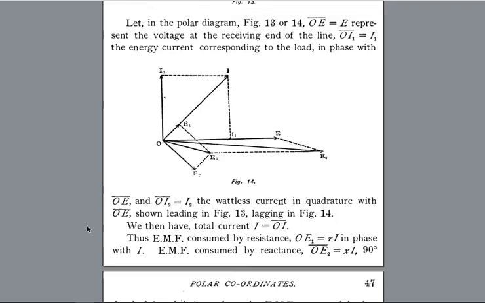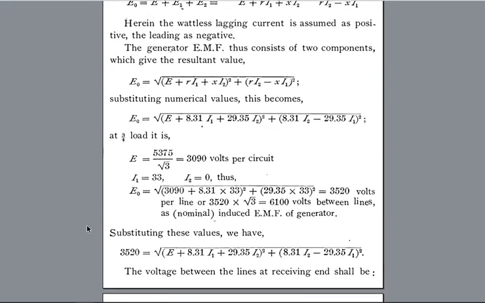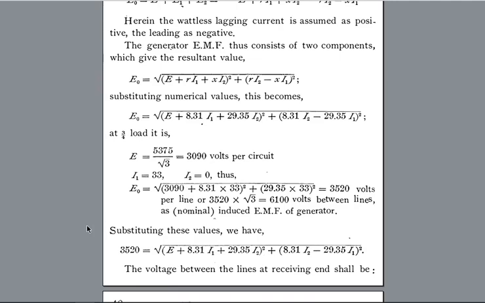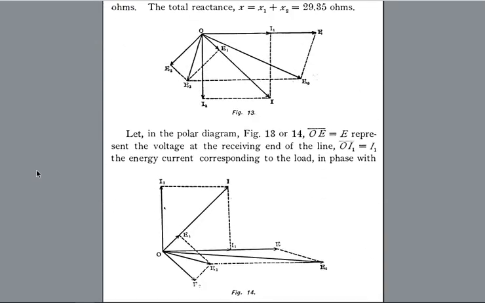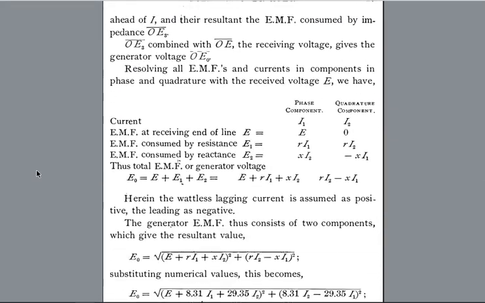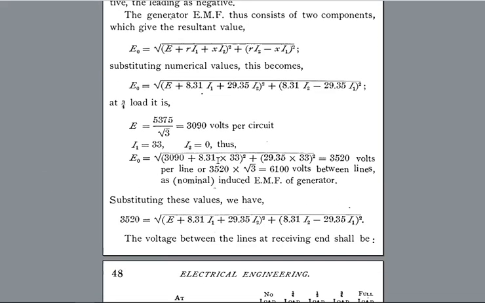At three-quarter load, it is E equals 5375 over square root 3 equals 3090 volts per circuit, I1 equals 33, I2 equals 0. Thus, EG equals square root of the quantity 3090 plus 8.31 times 33 squared plus negative 29.35 times 33 squared equals 3520 volts per line, or 3520 times square root 3 equals 6,100 effective volts between lines at generator as nominal induced electromotive force of generator. The voltage between the lines at receiving end shall be